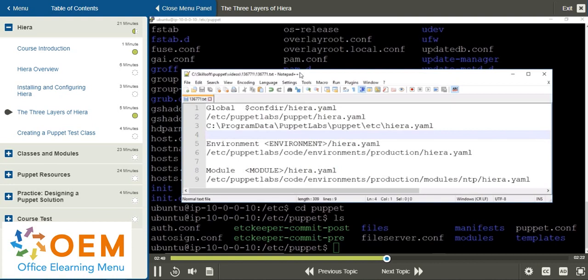Now that we have 3 layers, again, the layers are global, environment, and module, these issues seem to be fixed. Now what we can do is we can roll out changes based on an environment, such as QA or UAT, and the module level, if we want to just provide something in a specific module,